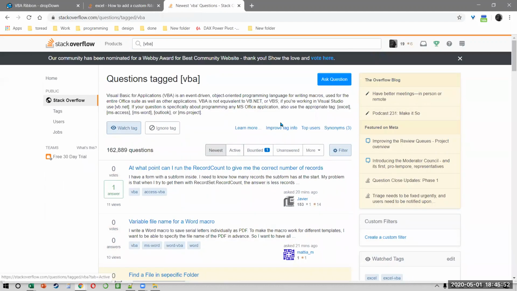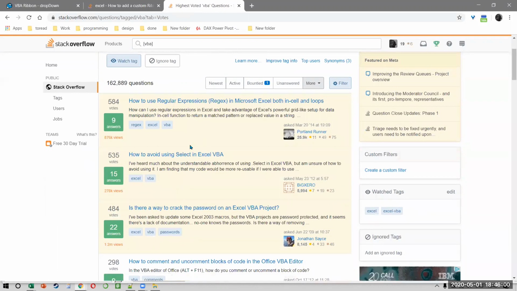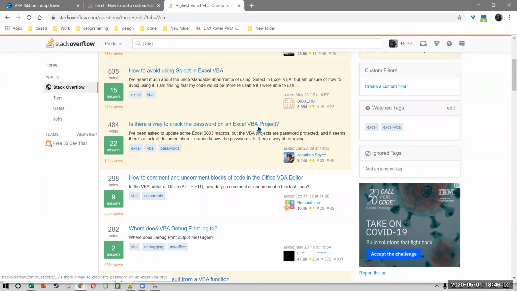So, for example, how to use regular expressions, how to use select statements, how to crack the password on an Excel sheet. I don't know if you know this, but if somebody has put a password on a sheet, you can crack it using VBA, okay?